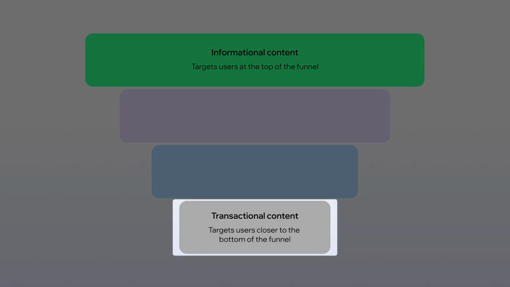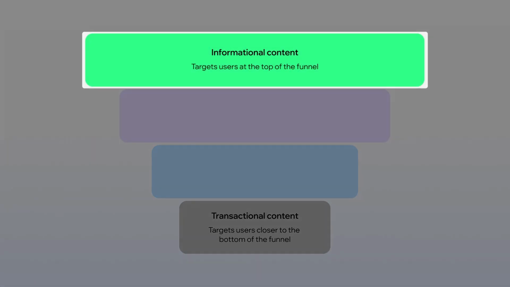The content on our pages is the first thing people in search engines will use to understand if the information on our site is relevant to their search query. When we talk about content, we can group it loosely into two categories: transactional or commercial content, which targets consumers closer to the bottom of the funnel in their buying journey, and informational content, which targets people at the top